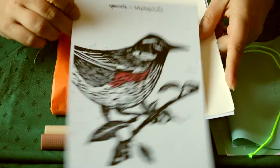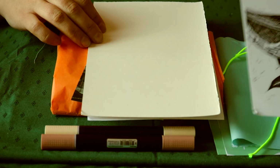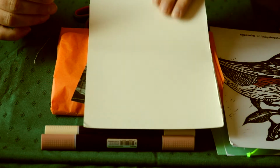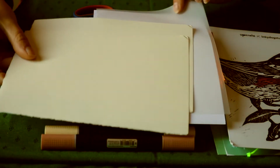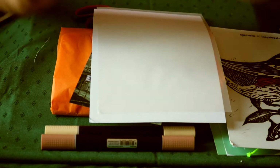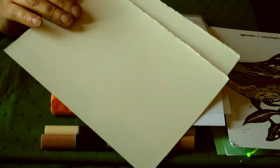The co-captain art piece of this month. It's really cute. Bird. Who doesn't like birds? And then a few different sets of paper. Like this is more of a watercolor mixed media sort of paper. Maybe I should check the